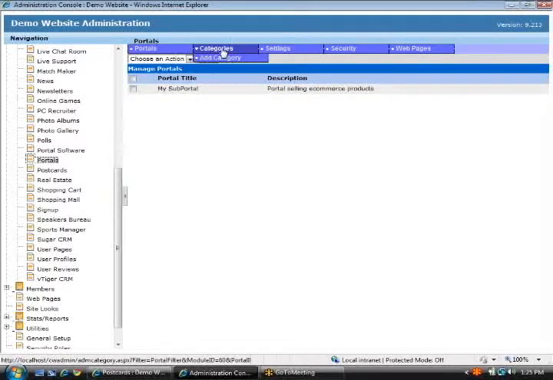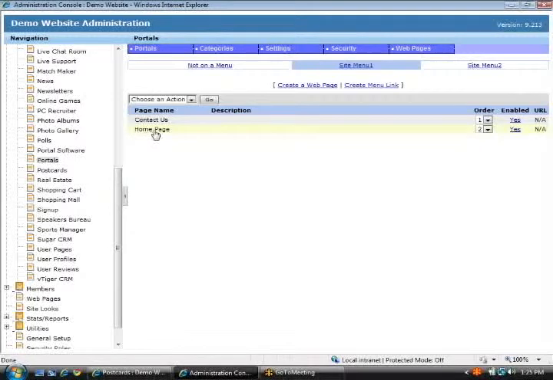So currently, to create a new portal, you will come here and click on Add a Portal, and that portal will be created with the same look and feel as the main website. Then you can go into the portal itself and turn modules off. Now, to set up a template that will be standard throughout the portals that you create, when you create the 4 pages,